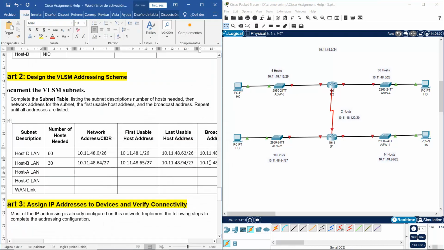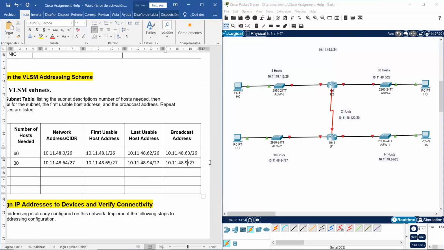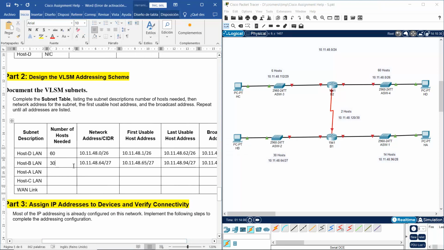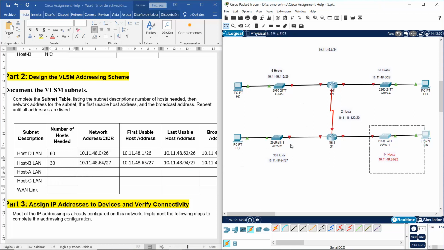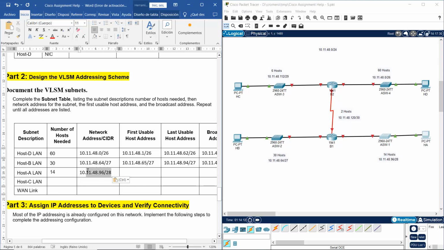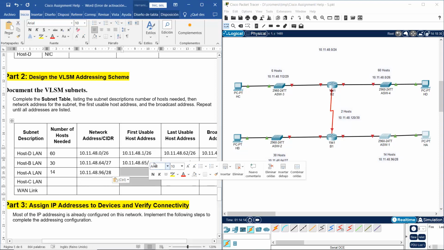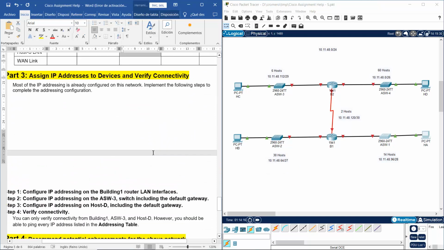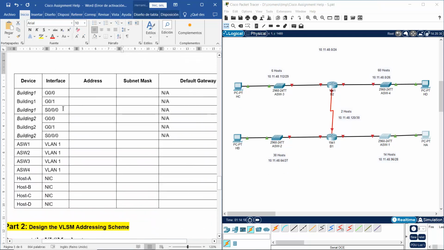94, 95. Look at the prefix 27. So you can fill this table. Okay, host A, 14 hosts. This is the network address, and so on. Okay, and also you can fill this. This should be